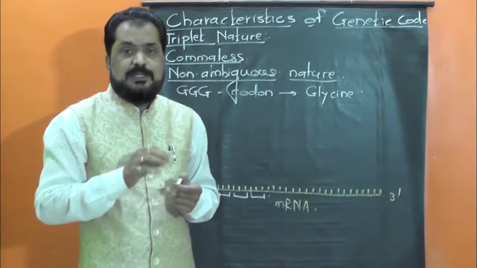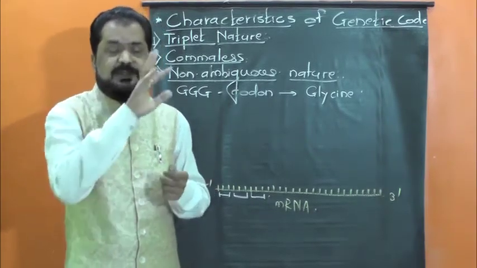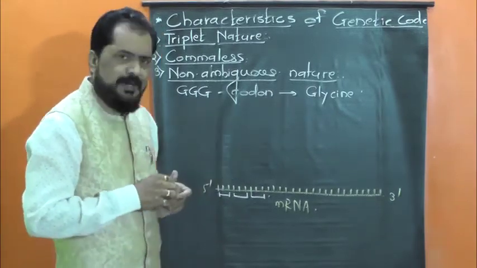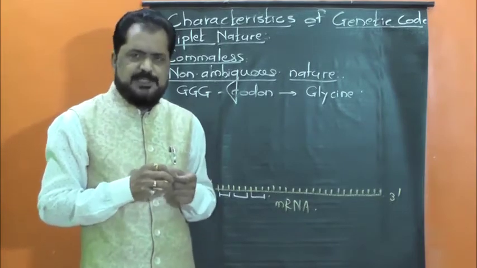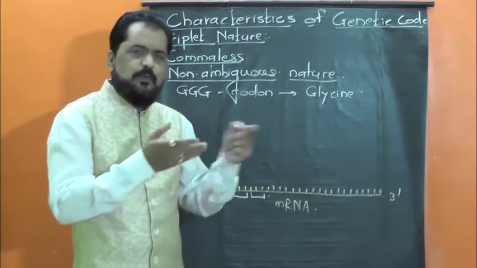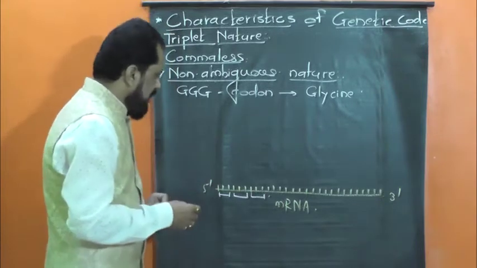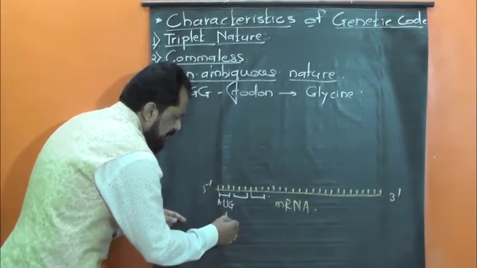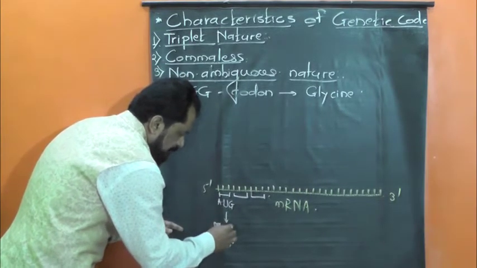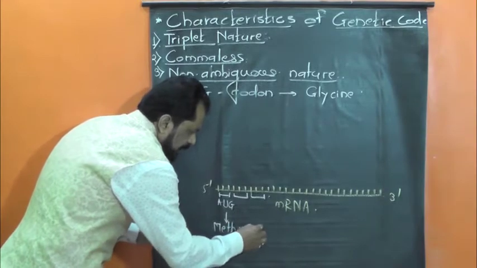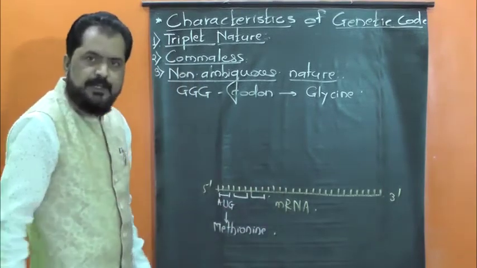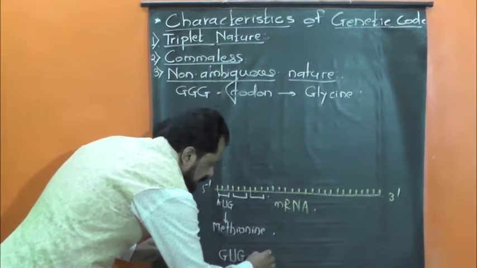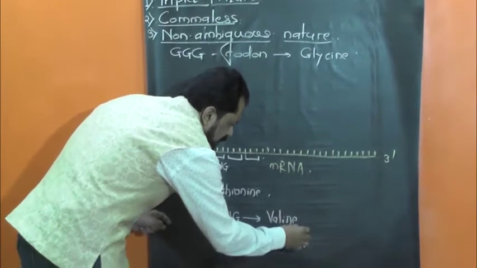Non-ambiguous याचा अर्थ होतो की निसंदिग्धता. त्यांच्यामध्ये संदिग्धता दिसत नाही, डुप्लिकेट नेचर दिसत नाही, हे कृपया लक्षात घ्या. But there is one exception. Few minutes before I told you, the initiation codon is always AUG, and this AUG carries the information for methionine. It specifies the amino acid methionine. And GUG is another codon. It specifies amino acid valine.